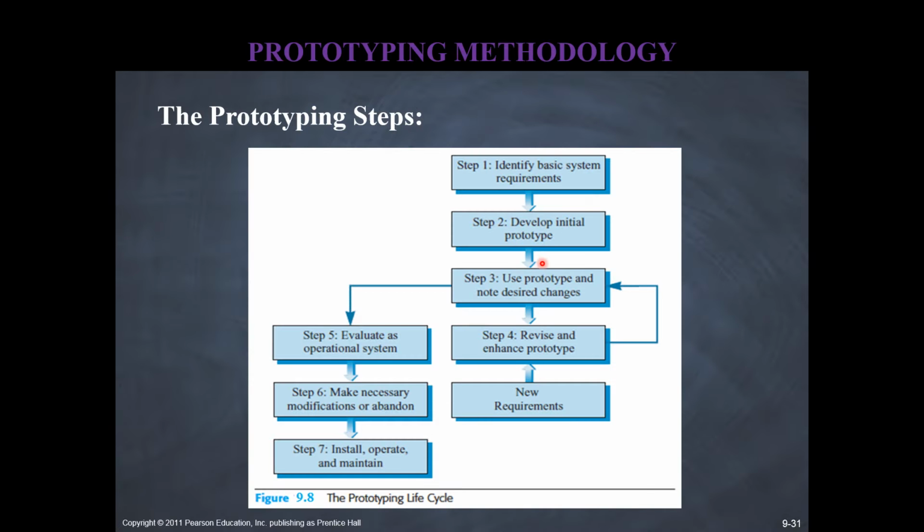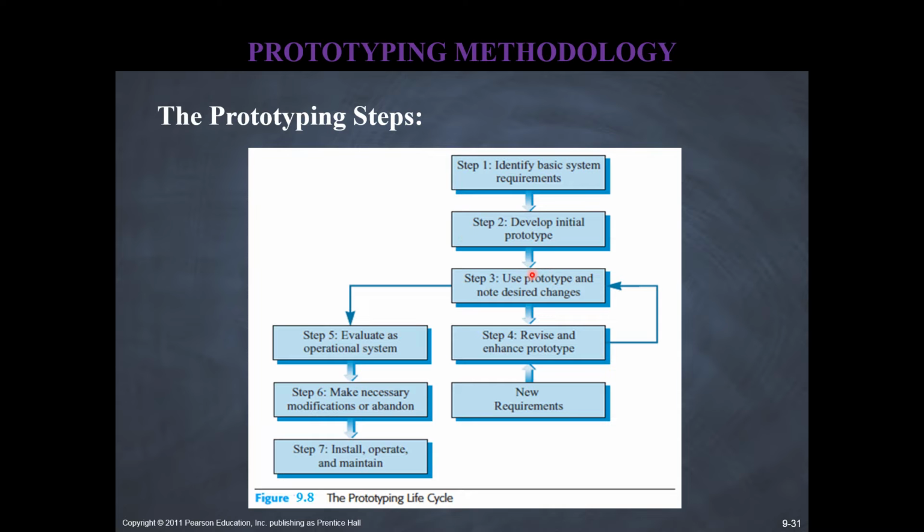Prototyping steps. So this is how prototyping works. First, you identify basic requirements. In other words, you don't spend too much time here. Again, the assumption here is that it's impossible to identify all the requirements from scratch, and even if you do that, they will change. So there's no point in spending a lot of time during the requirements gathering stage, which is in contrast with SDLC, where the assumption is that you need to spend a lot of time defining requirements because you'll end up implementing them. So based on those rough requirements, you develop an initial prototype,